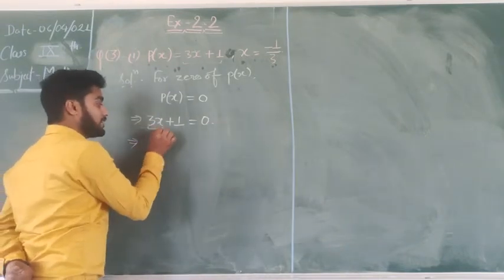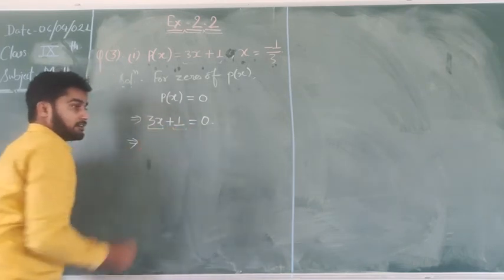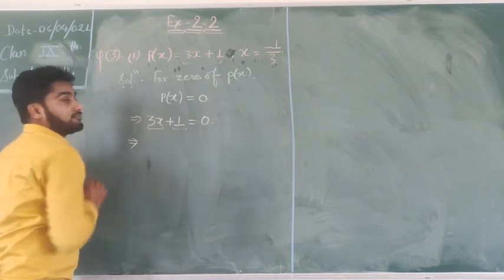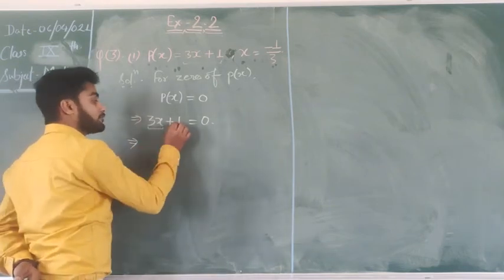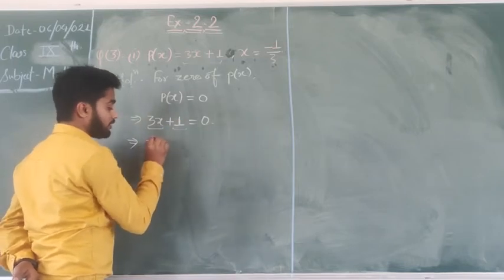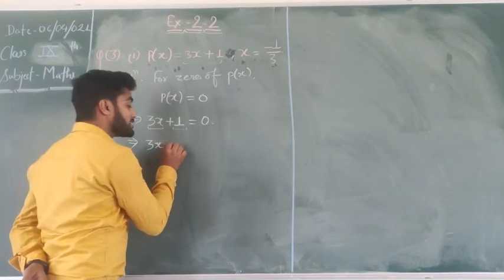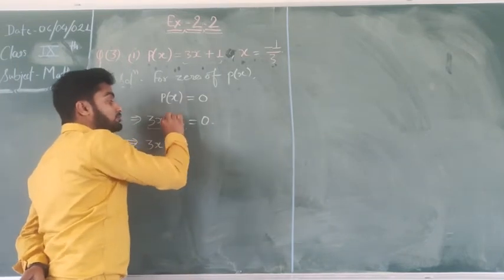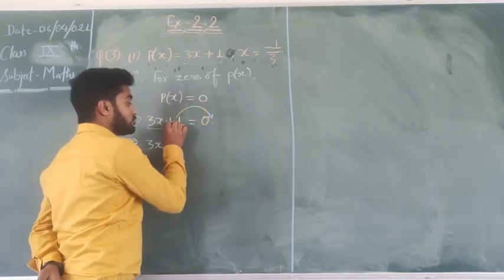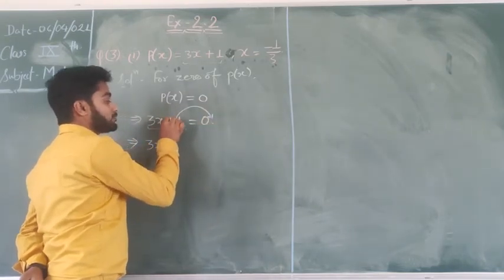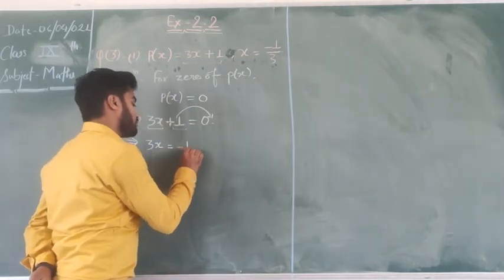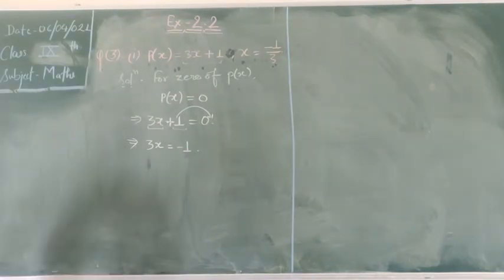See, there is a 3x and there is 1. Two terms are there in LHS, one term which has the variable x and one term which is a constant term. So we leave the variable term in LHS and transpose the constant term from LHS to RHS. If there is a plus sign and we transpose, this plus sign will change to minus: -1.